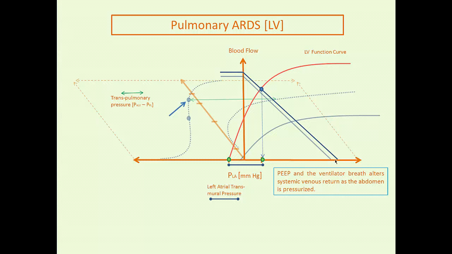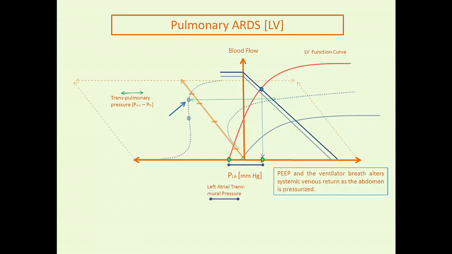Further, this would tend to decrease the capacitance of the pulmonary vascular bed, which would tend to augment the pulmonary venous return curve to the right, which would tend to, it will kind of be of a mixed effect